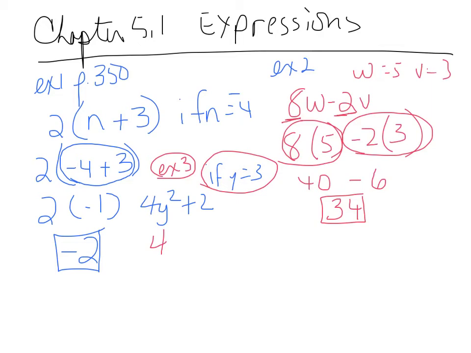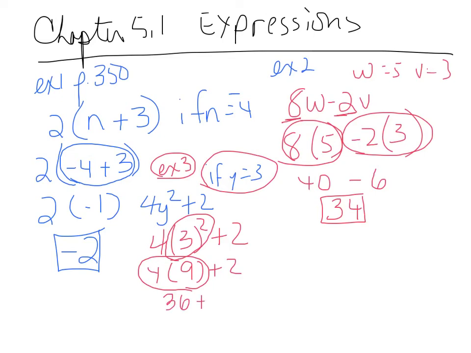So it's 4 times 3 squared plus 2. So this is really order of operations. So order of operations says you do PEMDAS, so exponents come first, so circle that and solve it. 3 squared is 9, it's 3 times 3. Bring down the rest of the stuff, and you have to solve multiplication first. So 4 times 9 is 36 plus 2